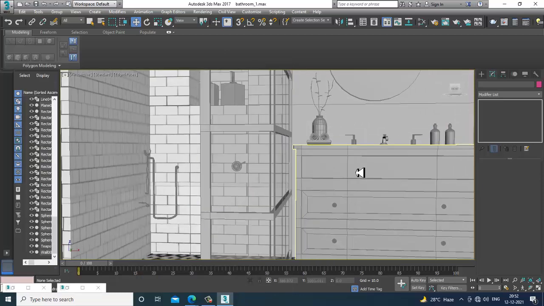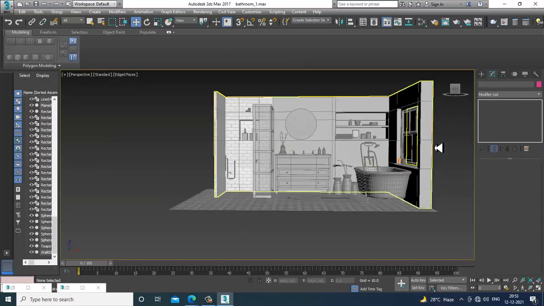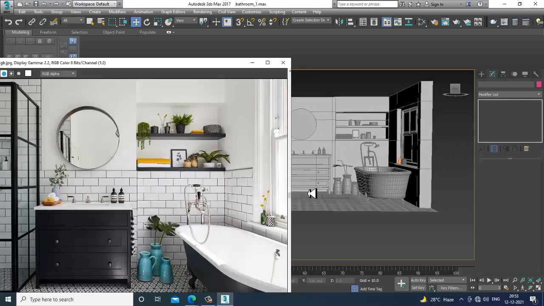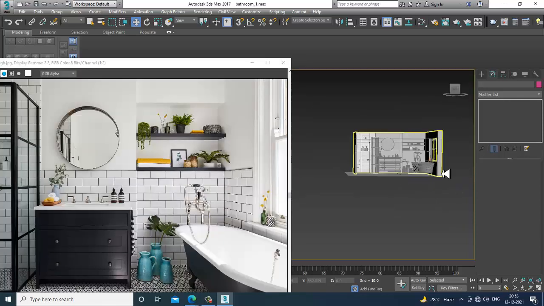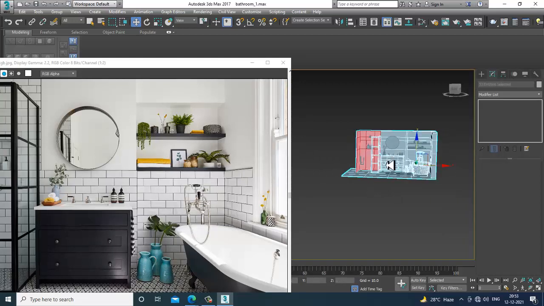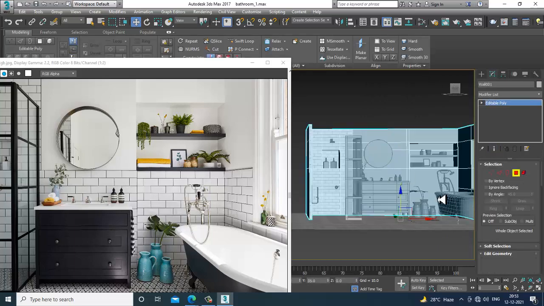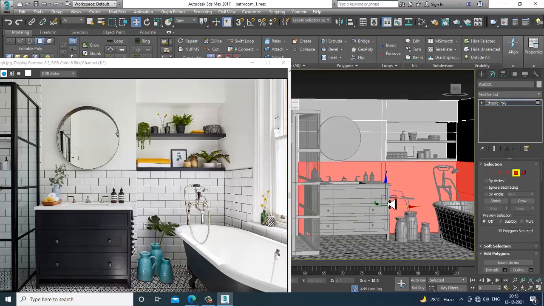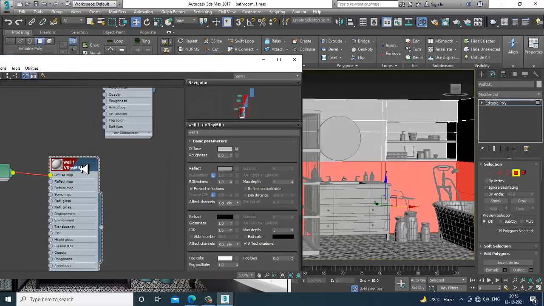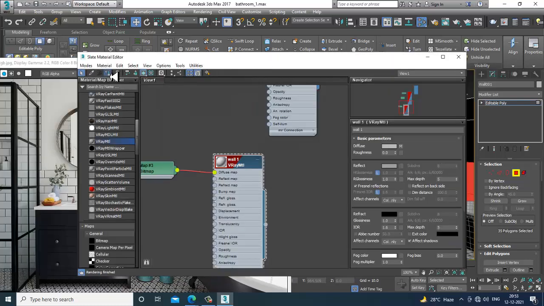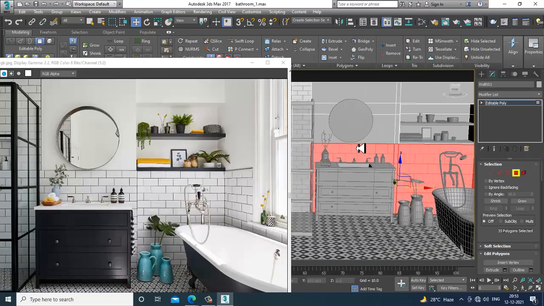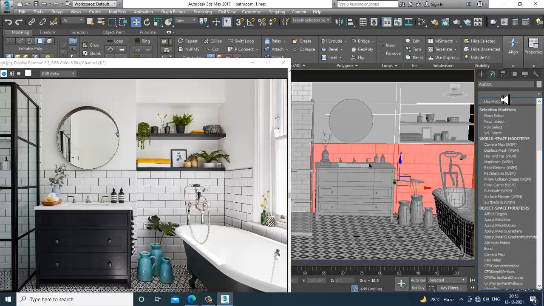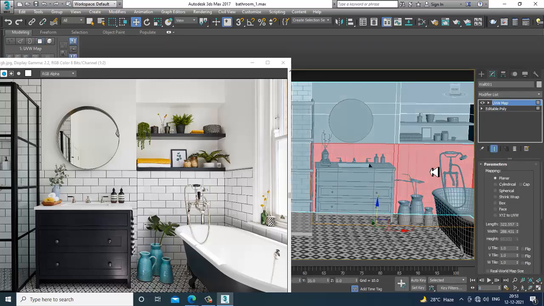In the same way I'll again add a texture over here. Let's convert to editable poly. Select these polygons, again this much part of it, and we can add the same if required, and again give a UVW map.